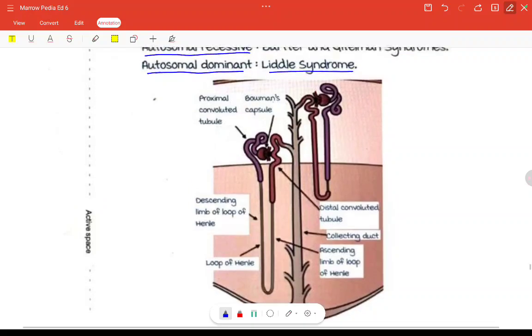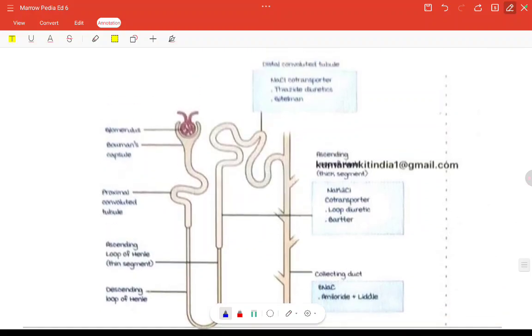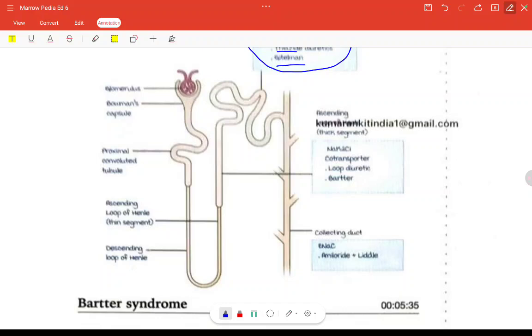Now, this is a diagram of the proximal convoluted tubule, descending loop of Henle, ascending loop of Henle, DCT is here, collecting duct and Bowman's capsule. Moving ahead. In the DCT there is the sodium chloride transporter where the thiazide diuretics act, and Gitelman syndrome affects here. Glomerulus, Bowman's capsule, proximal convoluted tubule, ascending loop of Henle, descending, collecting duct where amiloride acts, plus Liddle syndrome, and